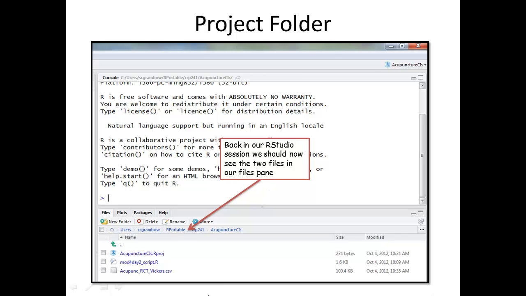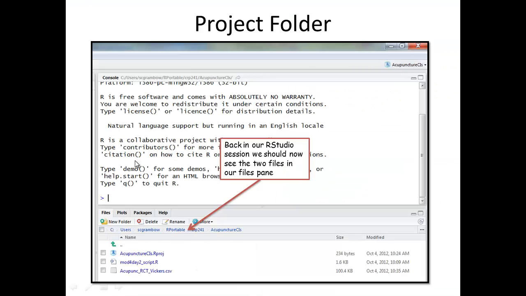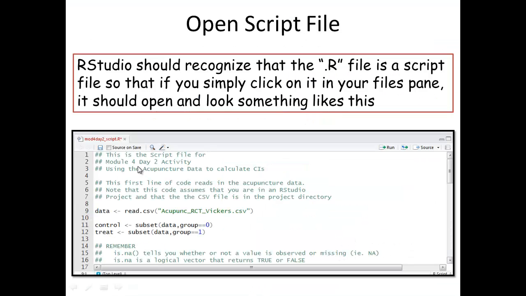So now if we go back into our RStudio session, let's go ahead and do that. There they are. There's all the files that we had. And so we've created a project, put the files in it. And so now we've got our files in there, we've got our project, so now we want to open the